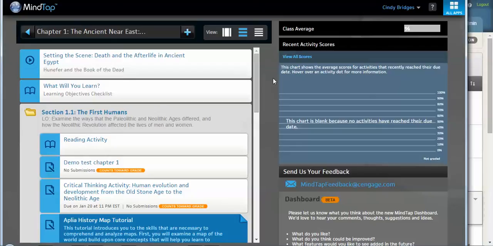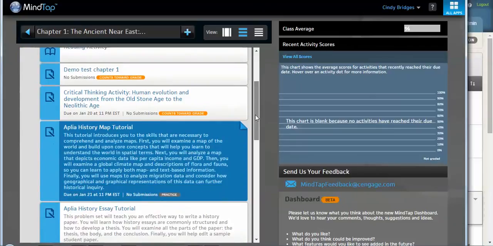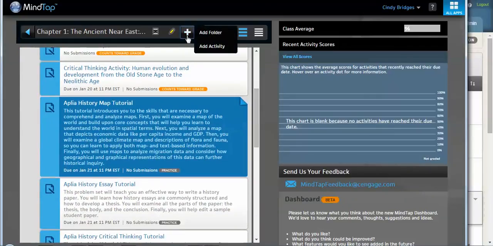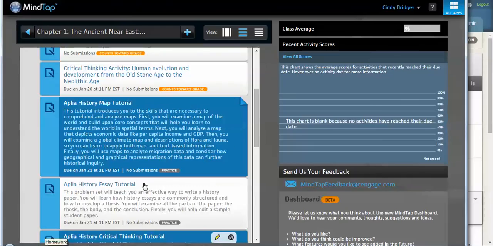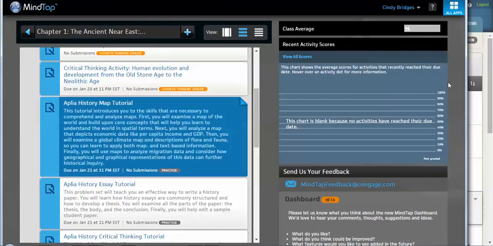Again, each MindTap is going to have a bunch of different assignments. Again, you can always add assignments here by coming up to Add Activity, and you can add assignments and create assignments. I went through some of that in my last video. So if you want to know how to create an assignment inside of See Now or delete some of the questions out of Aplia, refer to the customization video that I made. And if you have any